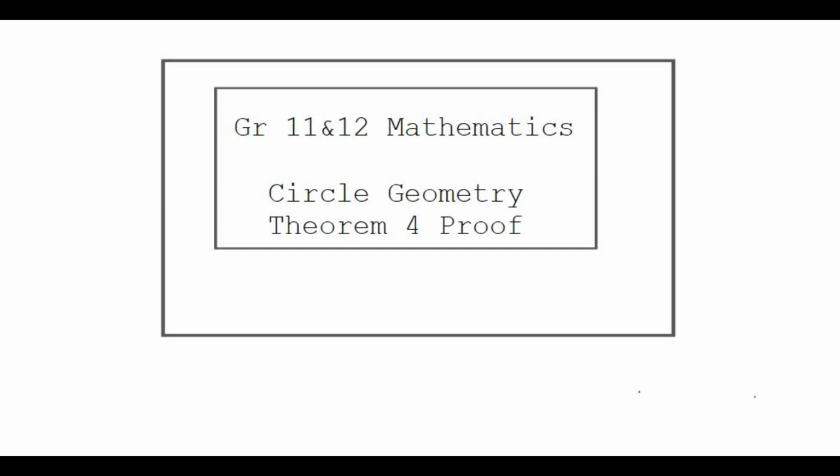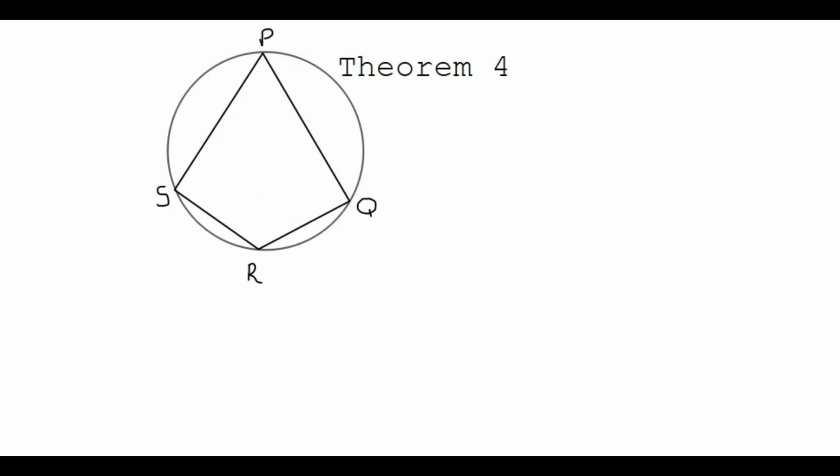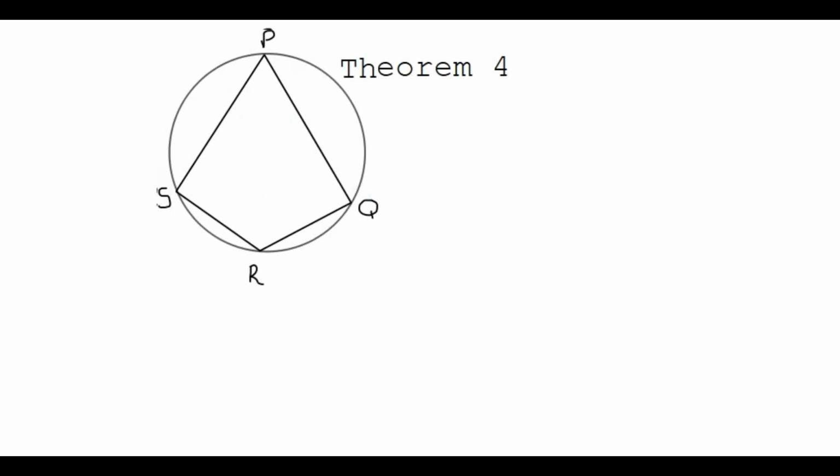In this video, we are going to discuss the fourth theorem's proof in circle geometry, grade 11 and 12. Before we can discuss the proof, let's discuss what actually happens in this theorem. In theorem 4, they provide a cyclic quad,